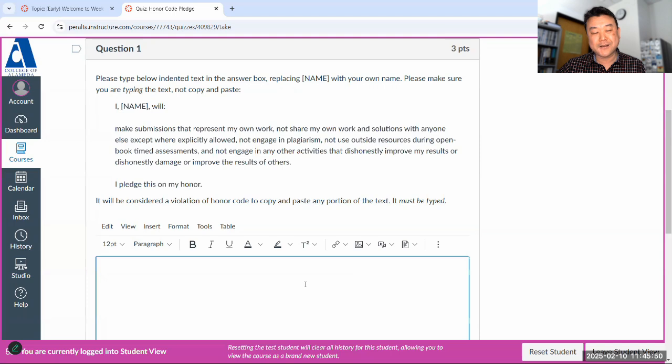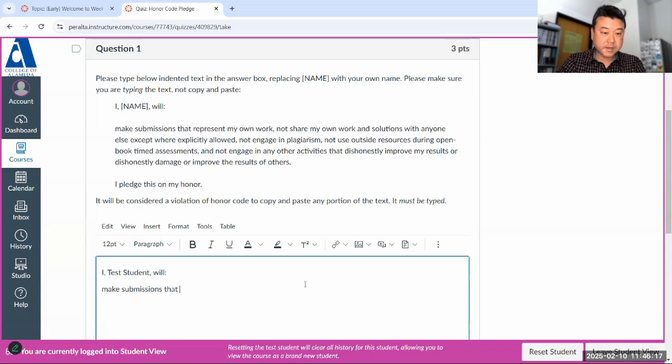So let me demonstrate the proper way to do this. You just type it out. It's easy. Depending on your typing speed, it takes you either a minute and a half if you can type 100 words per minute, or it takes you 10 minutes if you're doing it on a phone or super slow. But it doesn't take you that long. So what you should do is type out your name. So me doing this as test student will